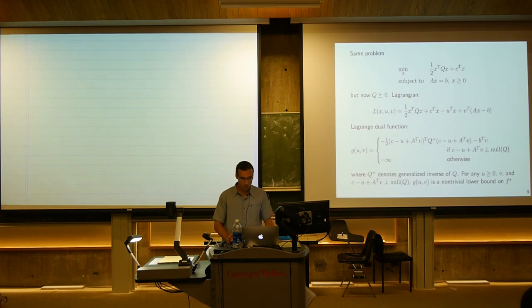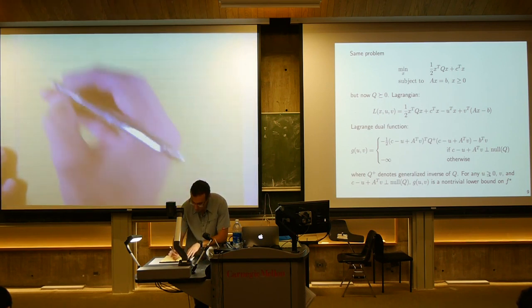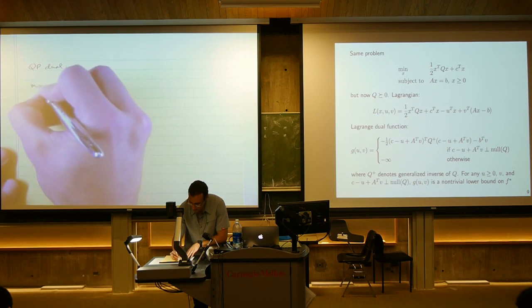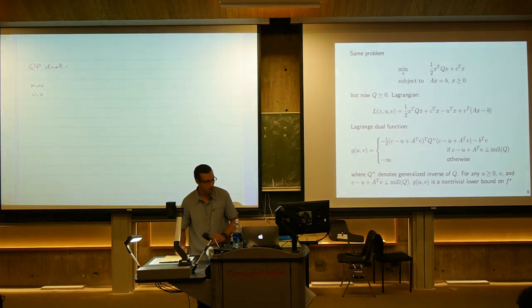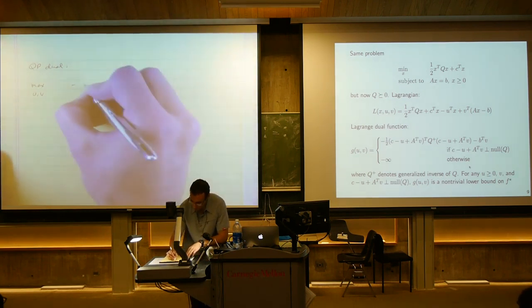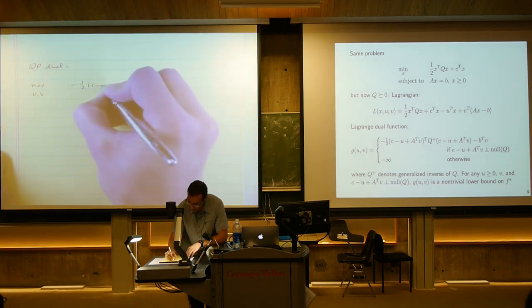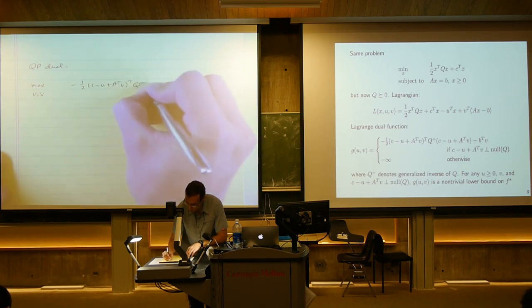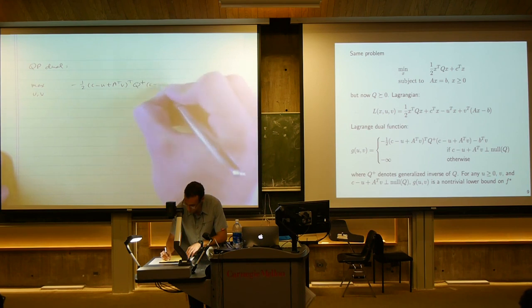Here's the QP example. Okay, so that's the Lagrange dual function we constructed. So if we continue on with the QP dual, it's to maximize over all u and v this function. But this function is negative infinity unless an equality constraint holds. So actually, we have an equality constraint in the dual. We can write it like this: maximize negative one half of (c minus u plus A transpose v) transpose Q pseudo inverse (c minus u plus A transpose v), subject to,